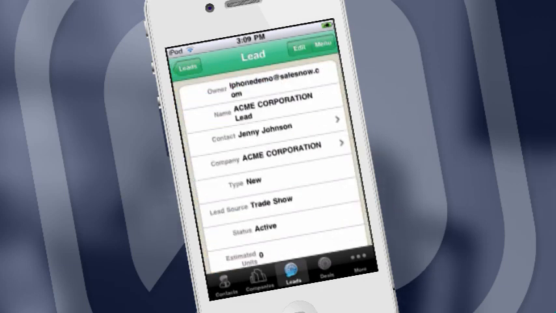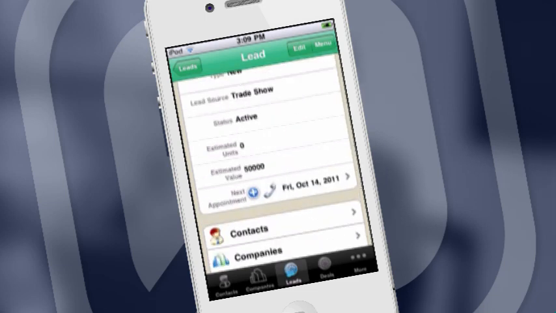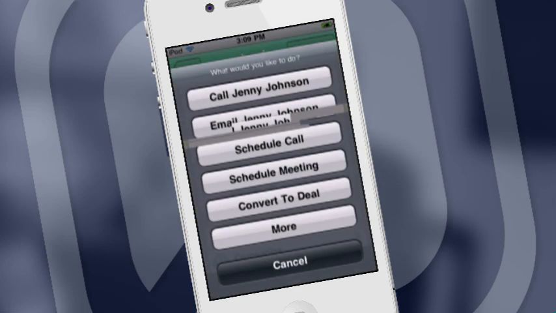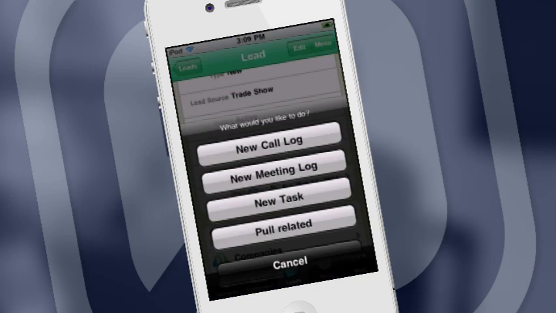And the data that we're able to enter, obviously we have the name of that lead, the associated contact and company. We had scheduled a follow-up call. Now we go and make that call, and maybe the call yields that they're very interested. We are able to further qualify. They'd like us to go out for a meeting. So right now I'm going to go ahead and